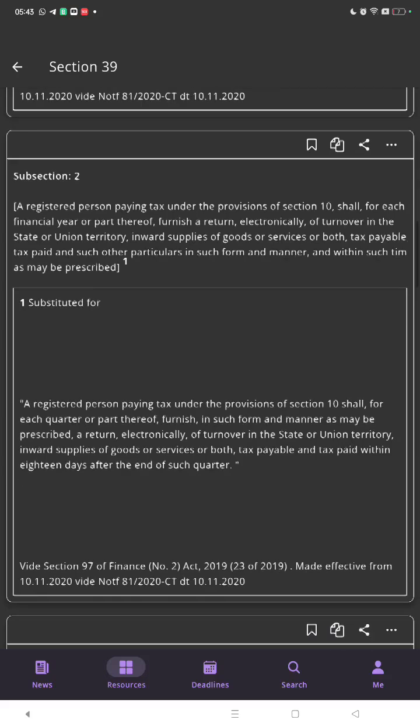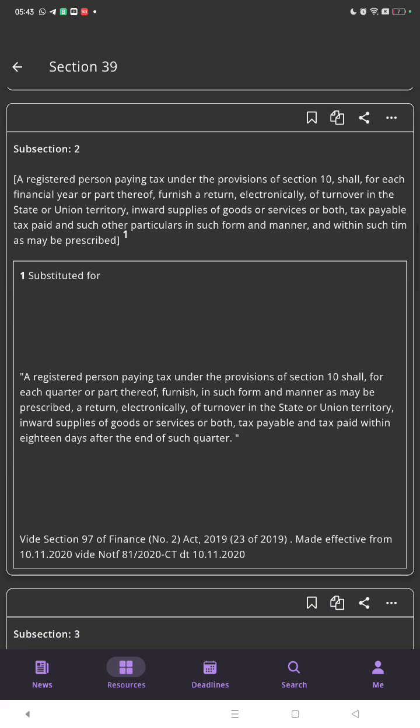Sub-section 2: a registered person paying the tax under the provisions of section 10 shall